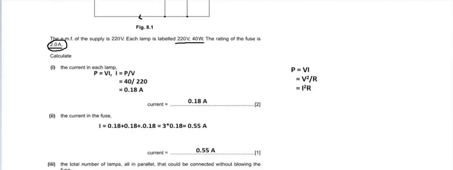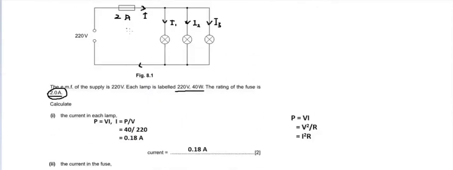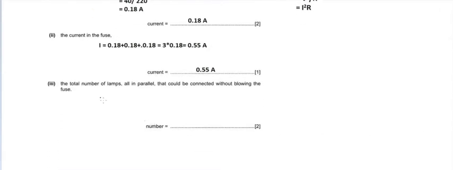So how many lamps can we add? We can find this value by simply dividing 2 ampere, the rating of the fuse, by the current flowing through each lamp. So I can find the number of lamps, which should be equal to 2 divided by 0.18. So that will give you an answer of approximately